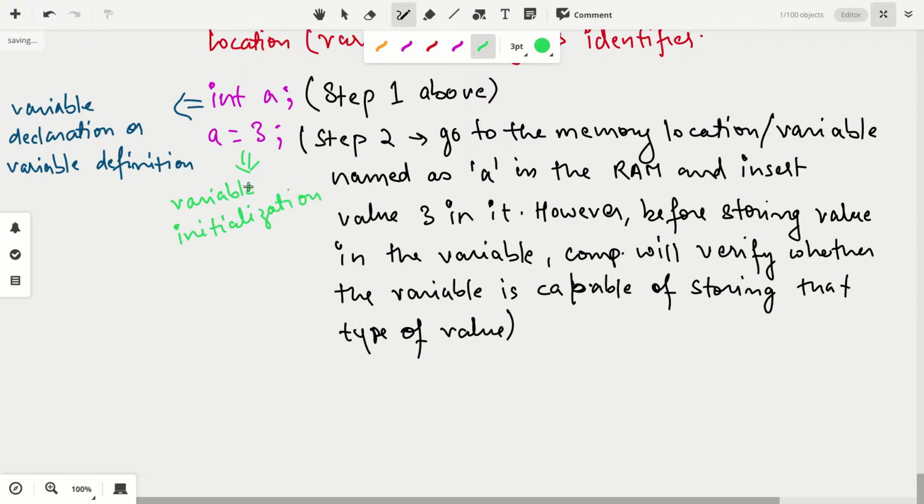Initializing means giving a starting value, to initiate, to start. So when you are specifying the first value inside the variable or the memory location you reserved, putting that first value is known as a variable initialization statement. Is it clear, the technical name for these two lines?